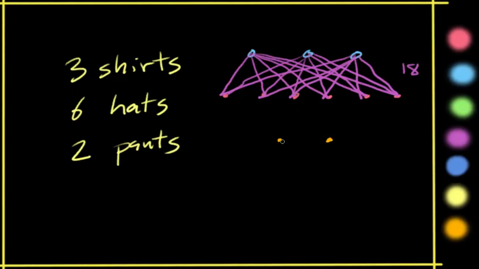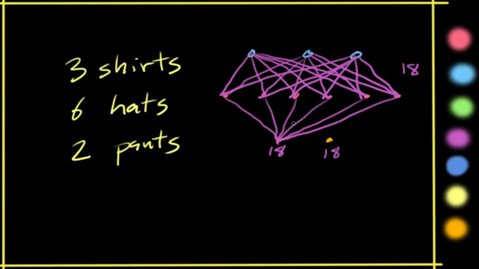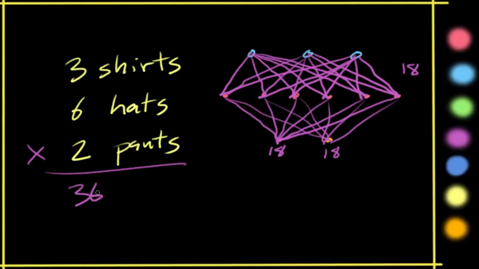And now, if I picked the first pair of pants with all those, I could just connect all these down here. That would still be 18 outfits, just with that pair of pants. So there are 18 outfits you can get with this pair of pants, but then I could do all 18 of those outfits with this pair of pants instead. That would give me another 18, right? So really I'm multiplying by 2 by having these pants. So you just multiply the number of shirts times the number of hats times the number of pants. You multiply them all together, and this is 18 times 2,